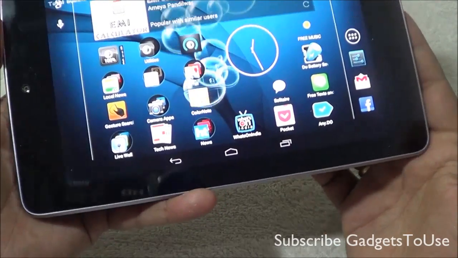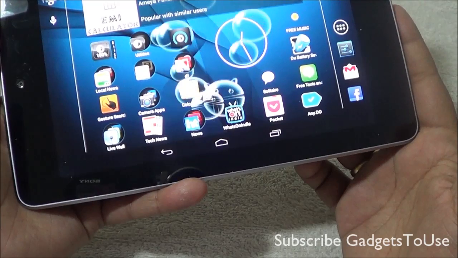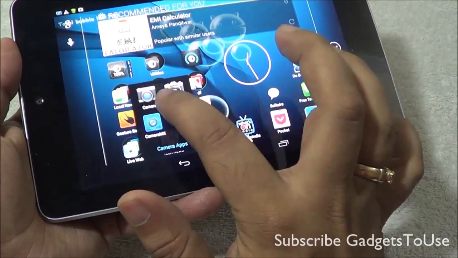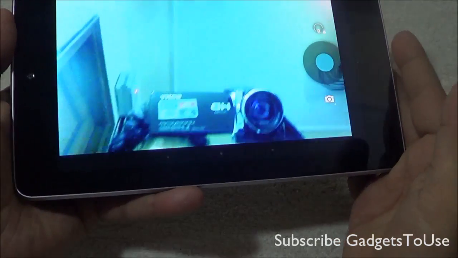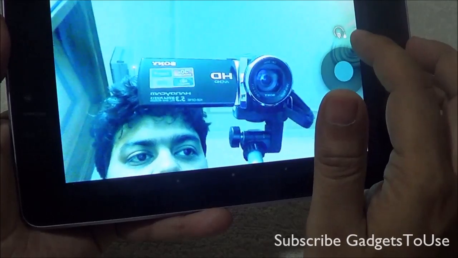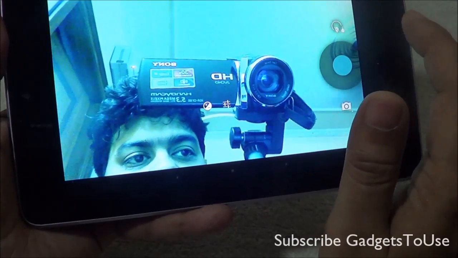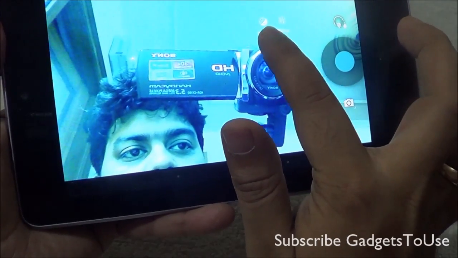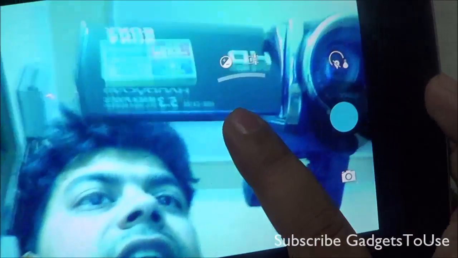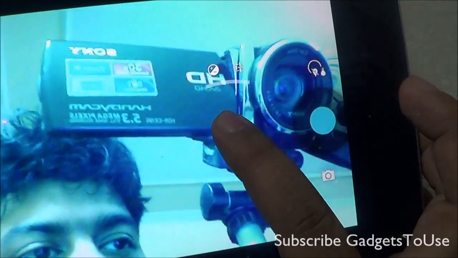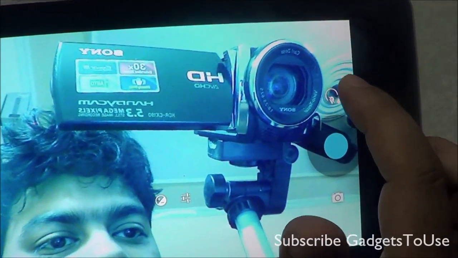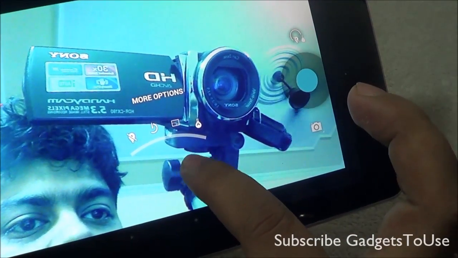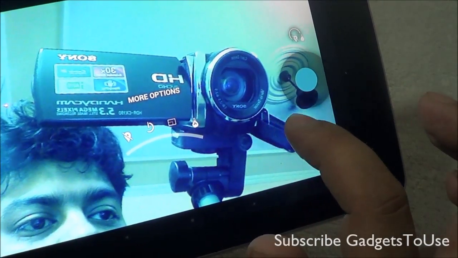You have got the improvements in the photosphere in the camera UI. The camera UI has also been different now. So if you launch the camera, this is how the camera UI looks like, and again as you can see, there are some new options which I can see over here in the camera UI. And again you can also access the camera settings over here, and it does not look the same which we have seen earlier. As you can see over here, the camera UI is definitely different. You can adjust the white balance, the settings you can access from here in this way. It is not a circle now.